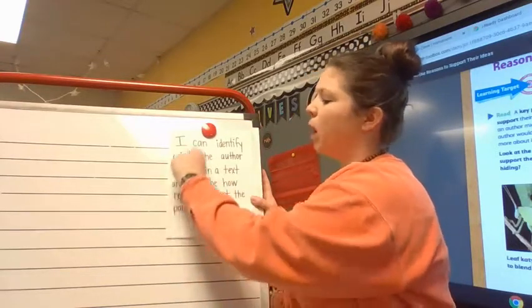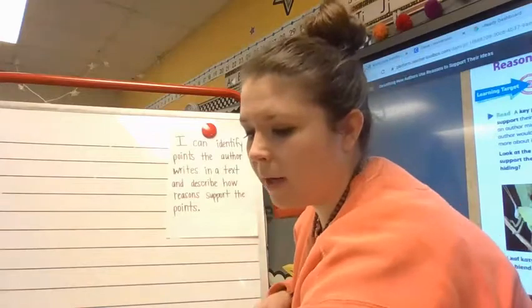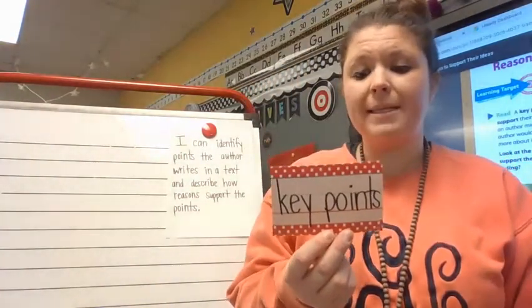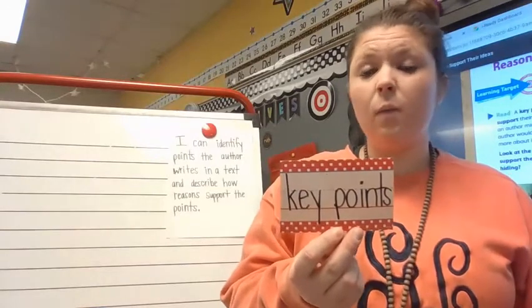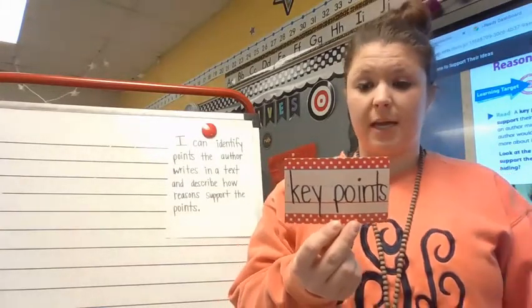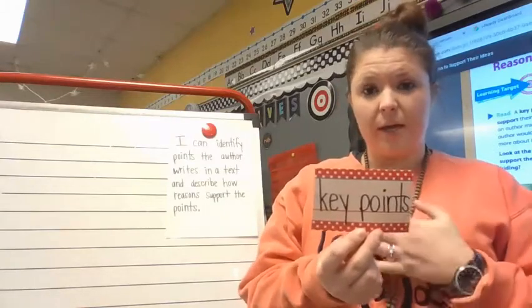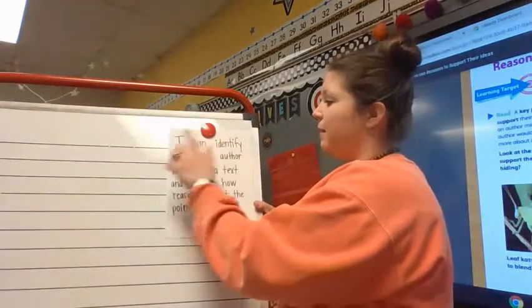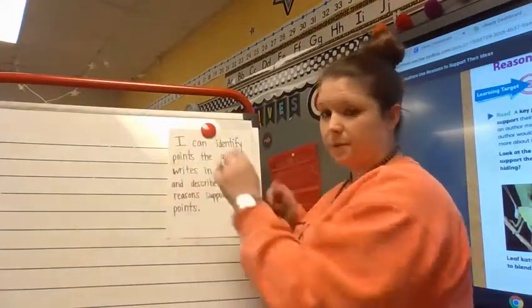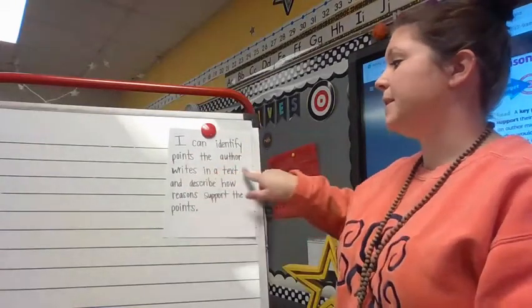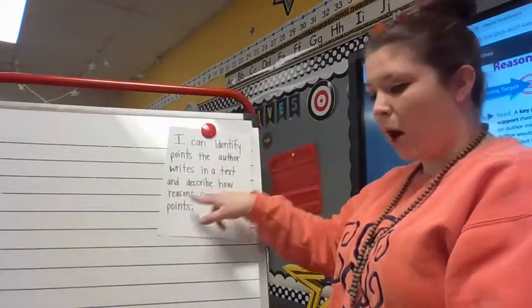So let's start with that word points. We're talking about the key points. The key points are important ideas about a topic that the author wants the reader to understand. So it's an important idea about the topic, okay? So I can identify the important parts, the important idea that the author writes in a text and describe how